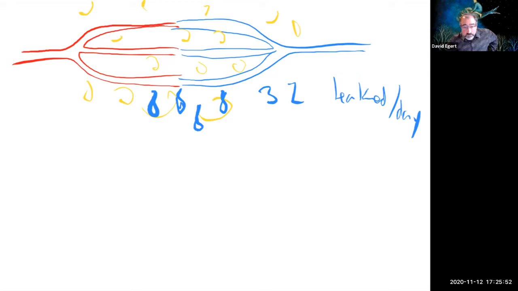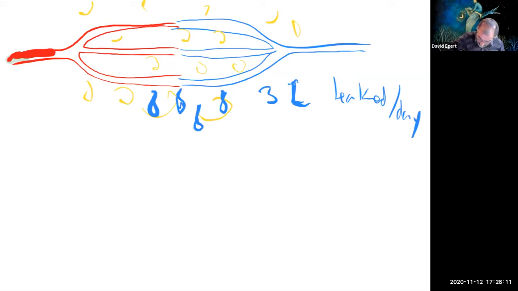I should mention this fluid here, we're going to end up calling it lymph once it's all pulled together. One of the things I always tell people is